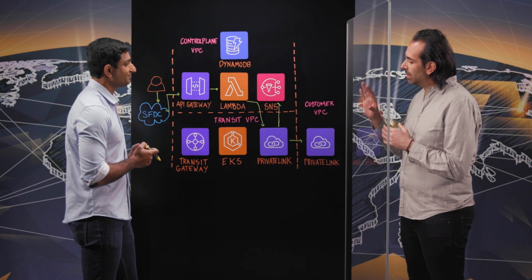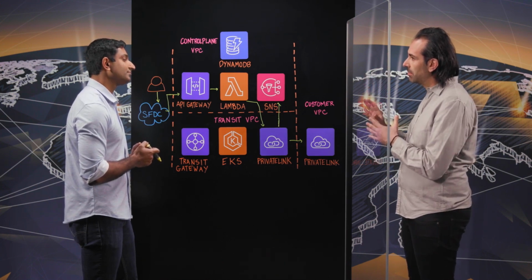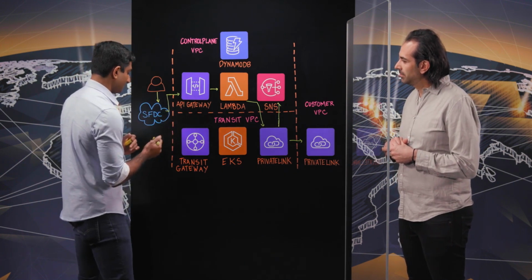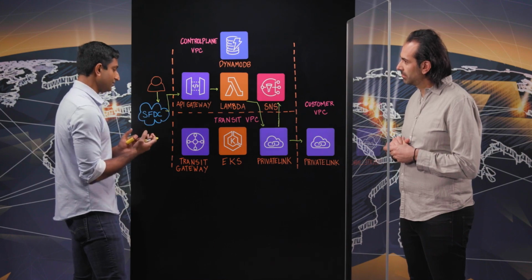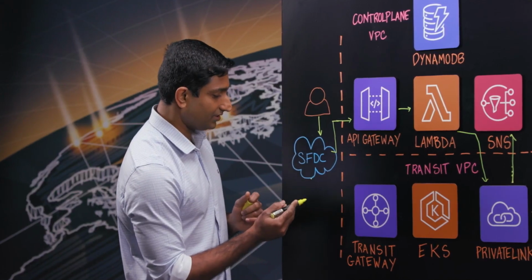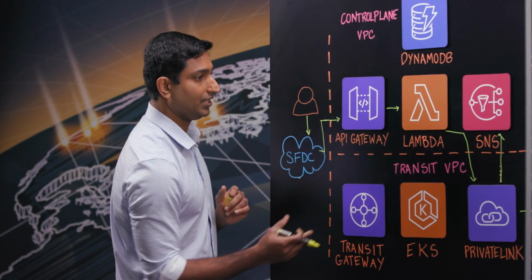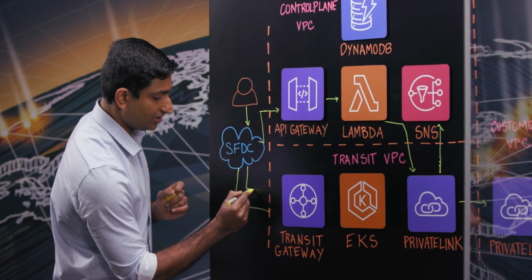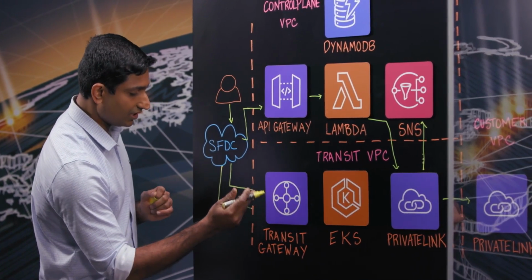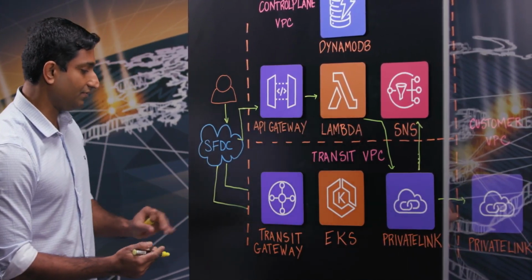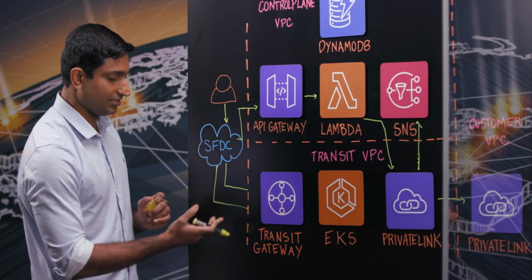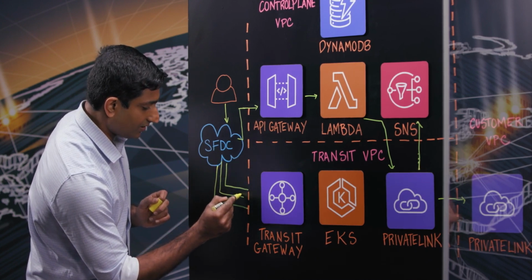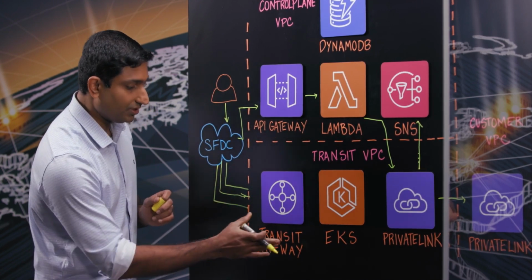So once that private link connection is established to the customer VPC, what happens next? Once the connection is set up, the customer is ready to send traffic. As part of the traffic being sent from Salesforce to AWS, a VPN tunnel exists between Salesforce DC and Salesforce AWS VPC. This is a site-to-site VPN with the Salesforce own enterprise security encryption. The customer data is sent via this encrypted tunnel to the transit gateway.